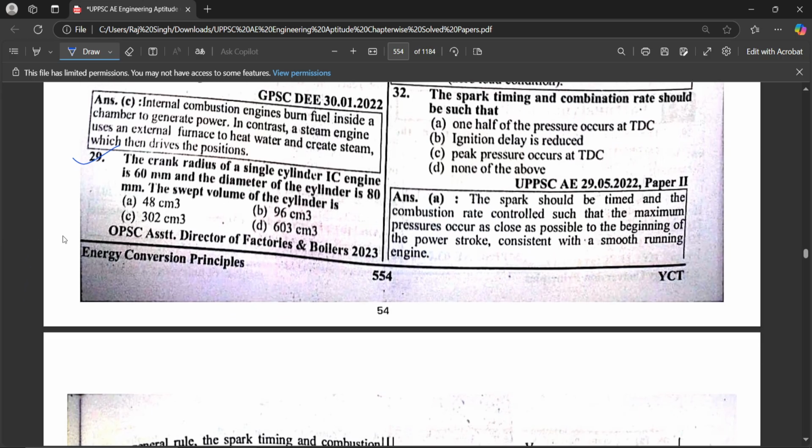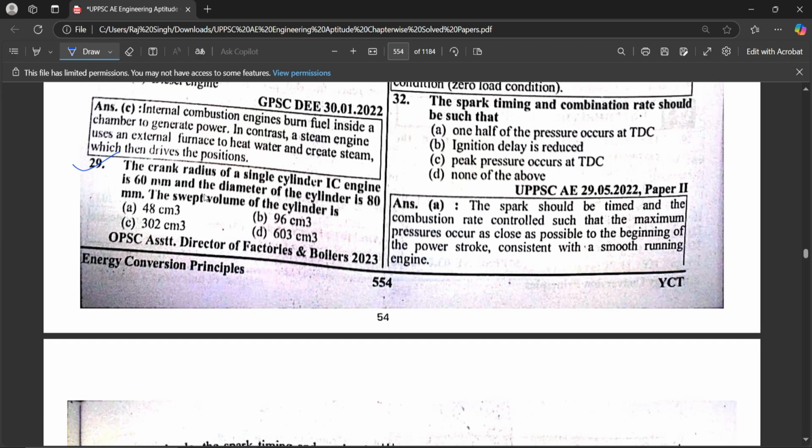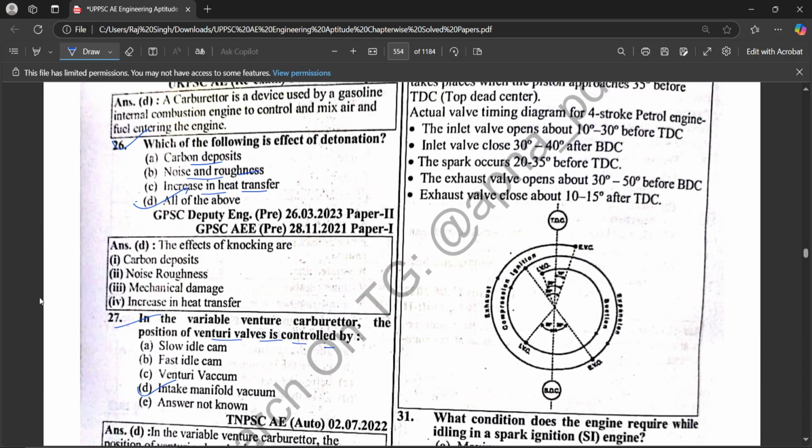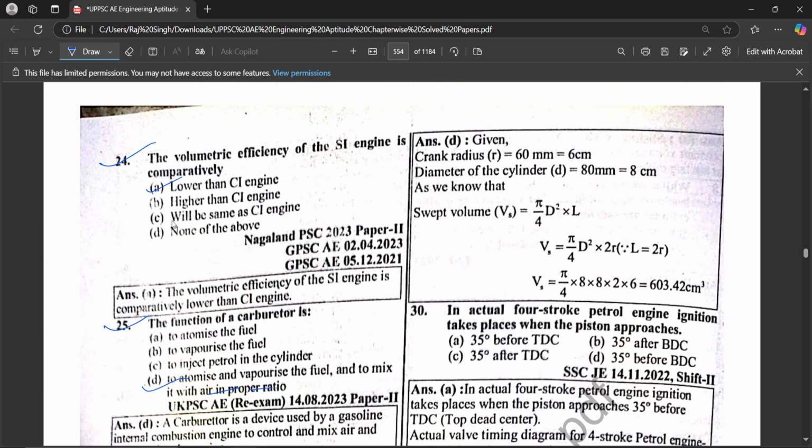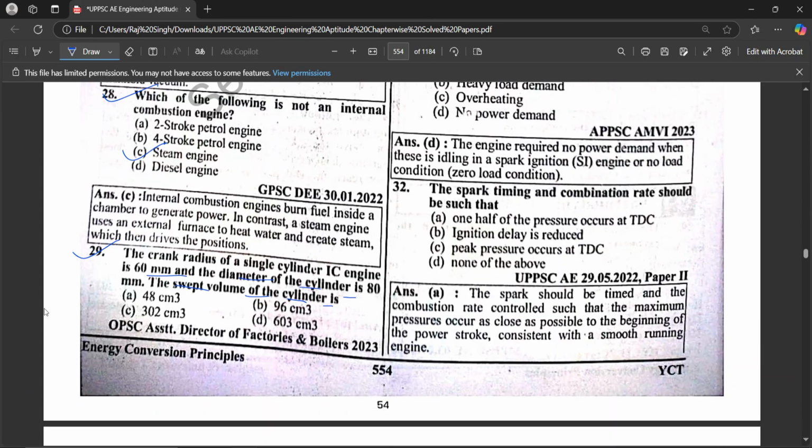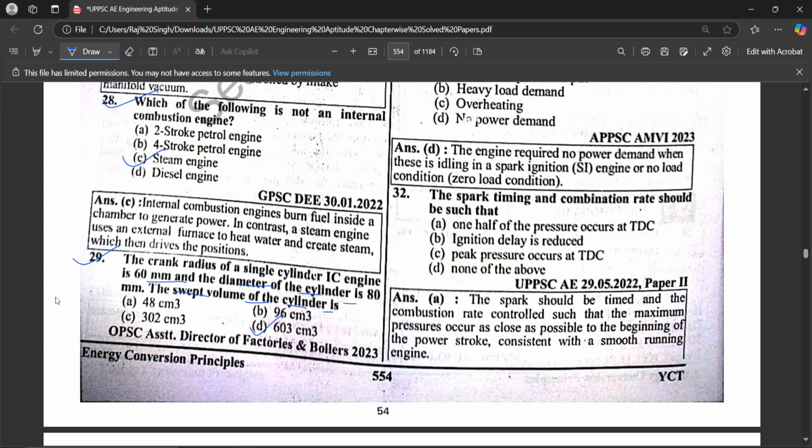The crank radius of a single cylinder IC engine is 60 mm and the diameter of cylinder is 80 mm. The swept volume of the cylinder is, तो कैसे निकालते हैं swept volume देख लेते हैं, ठीक है। तो इसके लिए निकलेगा swept volume पाई बाई 4 डी स्क्वायर इंटू एल। तो डी आपको दिया हुआ है 8 और आर आपको पता है, एल क्या है 2 आर के बराबर है, ठीक है। तो आर 6, ठीक है। तो ये हो जाएगा 603.42, ठीक है, जो कि आपका डी ऑप्शन हो जाएगा। नेक्स्ट क्वेश्चन,